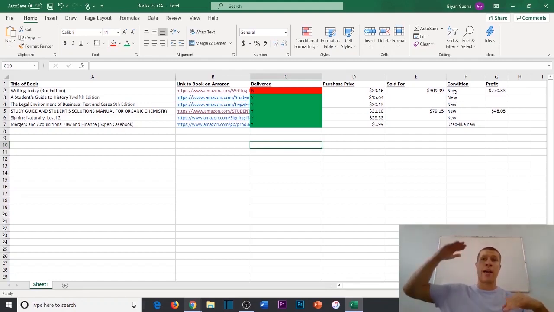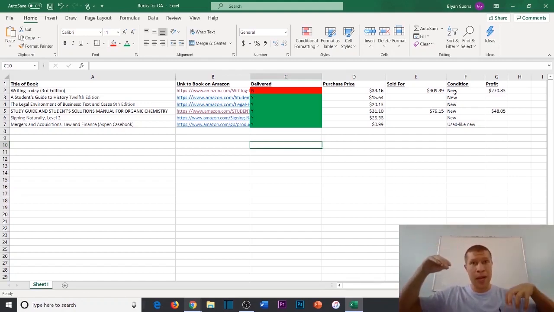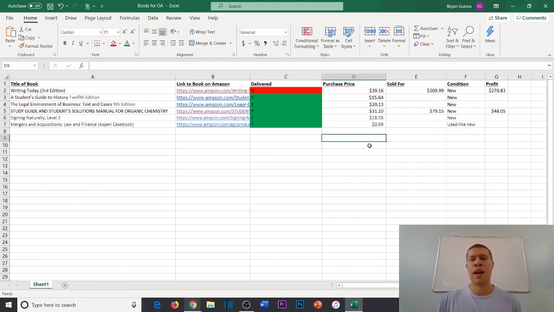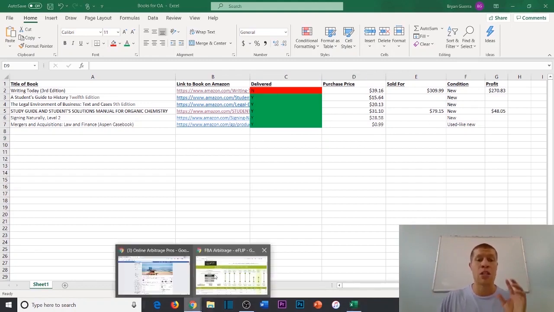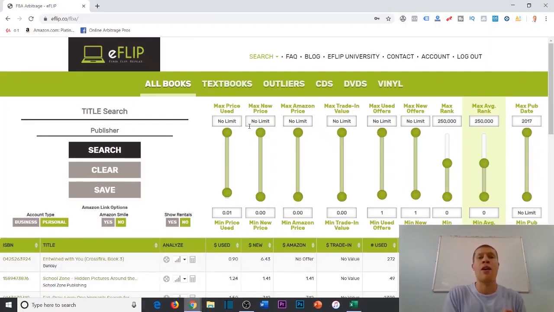When I know that they're selling higher on Amazon, then I buy them from that site, I ship them into Amazon FBA, and boom, I get the buy box, or I share the buy box with other people, and I eventually win the sale when people buy it. Now, another thing to keep in mind, and I'm not going to get too into reselling books in this specific tutorial, I just want to give you the overview, and then I'll show you how to actually use the software so that you can go out after this video and start doing it yourself to make money with online arbitrage